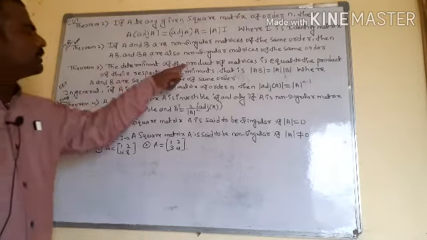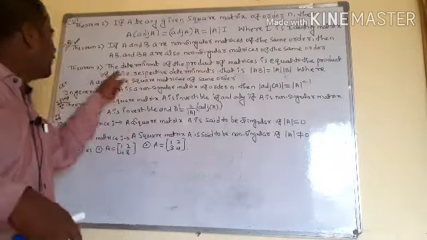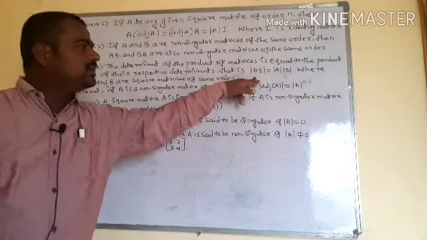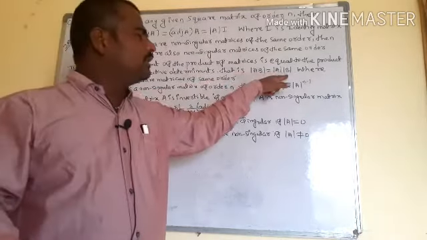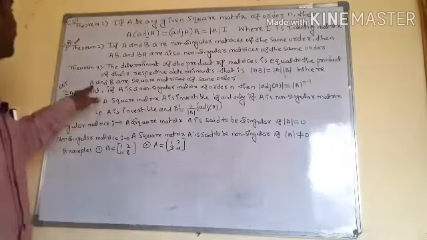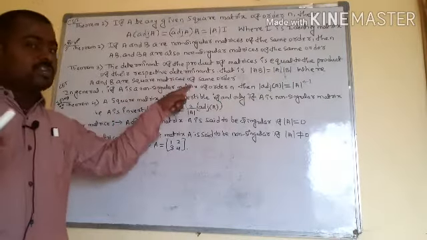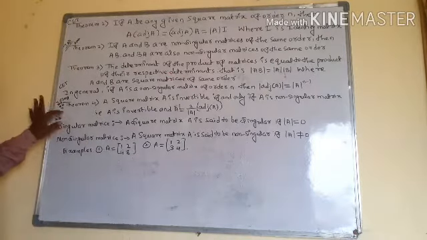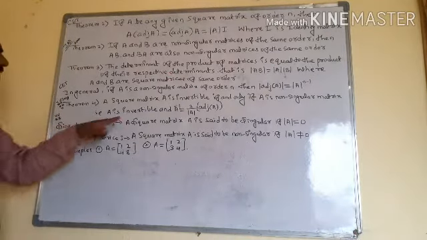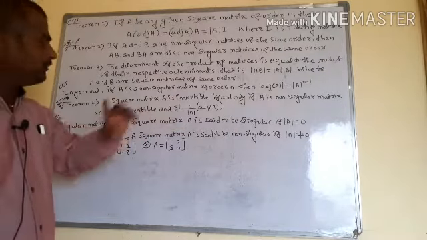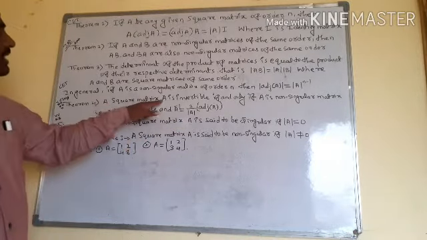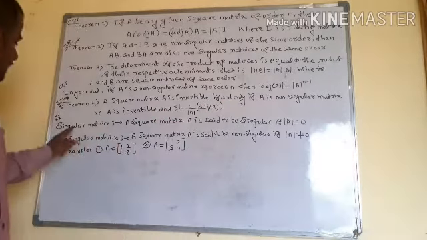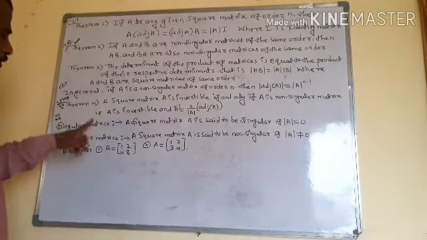The determinant of the product of matrices is equal to the product of their respective determinants. Already I said that determinant of AB is equal to determinant of A into determinant of B, where A and B are square matrices of the same order, must and should be the same order, right? So most important theorems, already I have given A inverse equals 1 by determinant A into adjoint of A. So a square matrix is invertible if and only if A is a non-singular matrix. So that's why these are the most important.